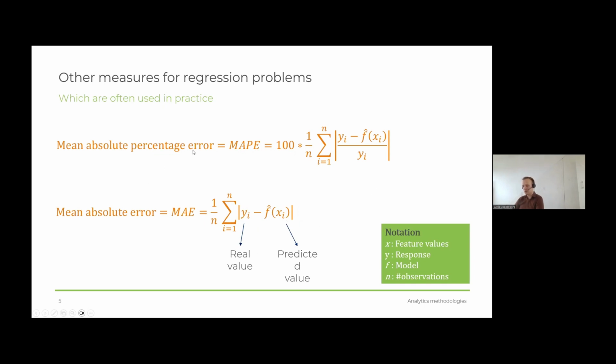Then the mean absolute percentage error is even one step further, because in that case we want to look at the mean absolute percentage error, which basically means you have your error again, y minus your, so the actual minus the prediction, but you divide by the actual. This gives you, let's say, the percentage error compared to the observation itself. In certain cases, that might be a lot more useful,